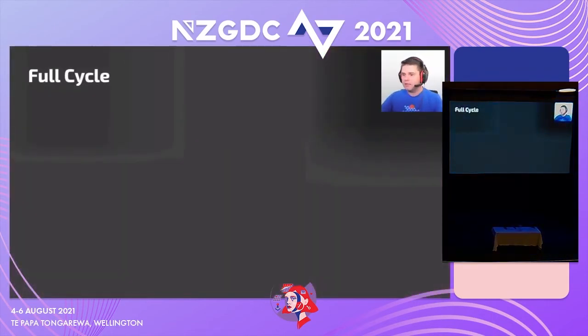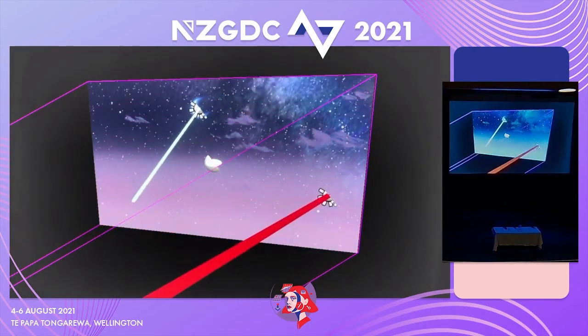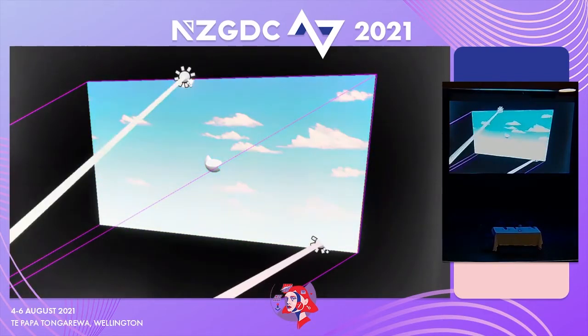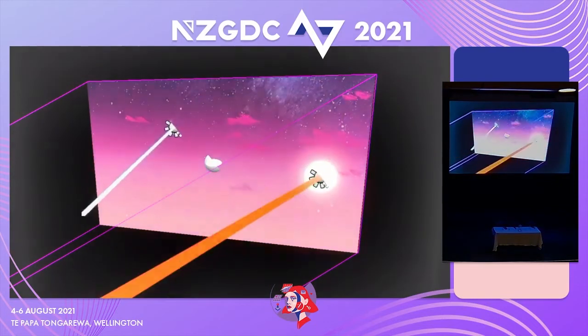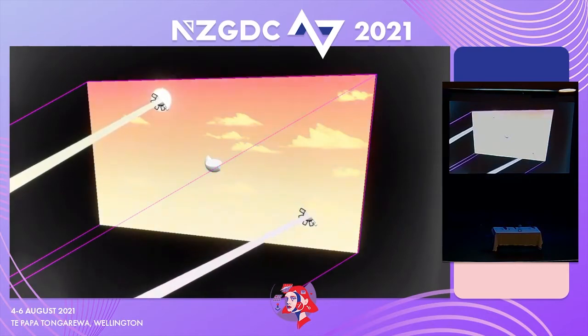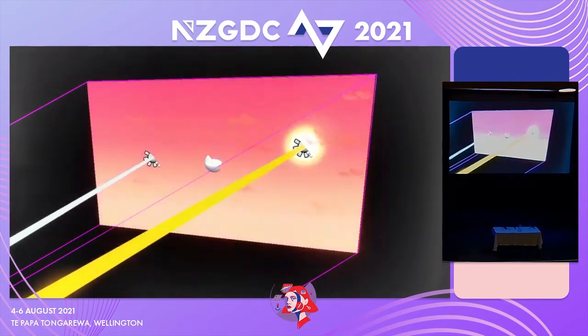All right, let's see quickly a full cycle of that all in action. So we see our quad right here. It's got the background changing. You can see smoothly. You can see the stars coming in. We can see the clouds coming in and out. They're also scrolling a bit. What we can see is the moon and the sun changing